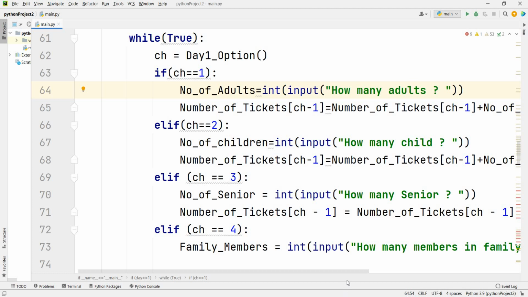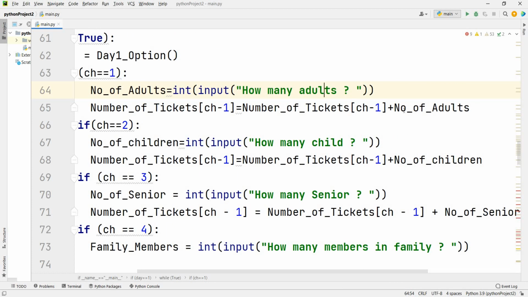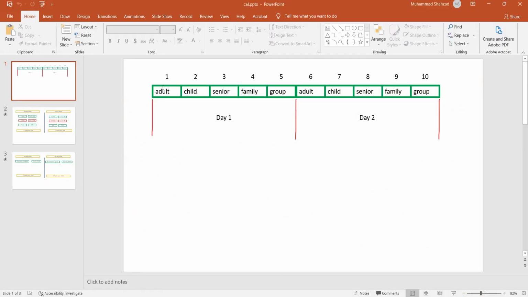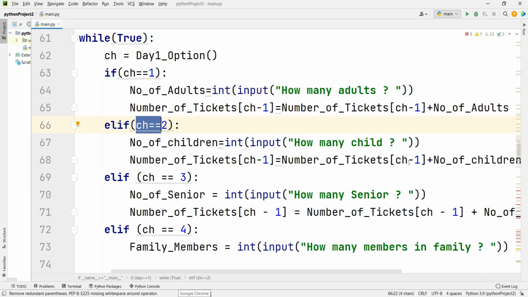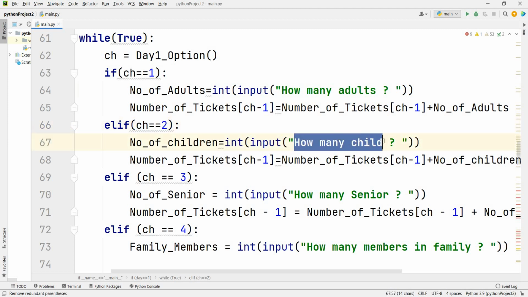It will store the number of adults in the same position in the array. If you enter a value for child, it will store the number of children at index number 2. I have entered -1 because the second choice is for the number of children, but the array starts from 0, that's why I use -1.